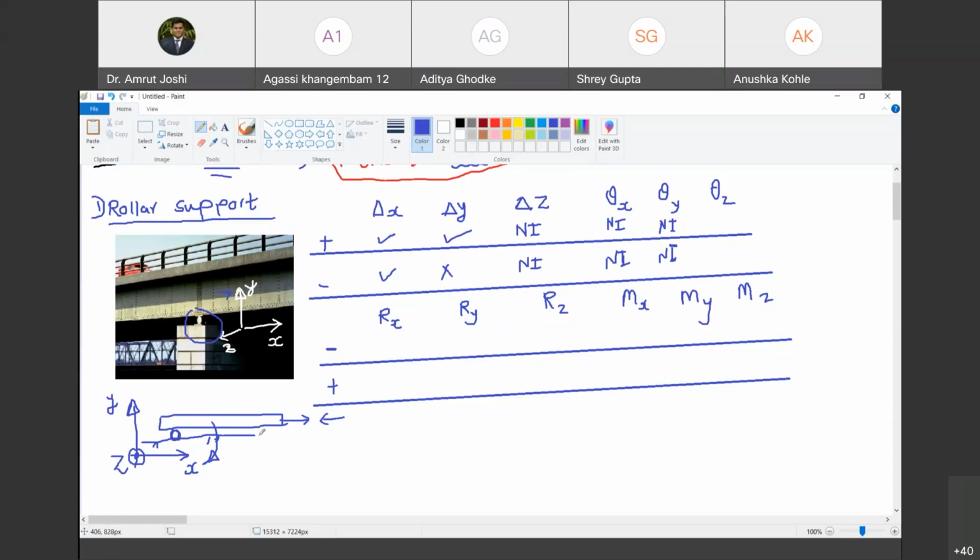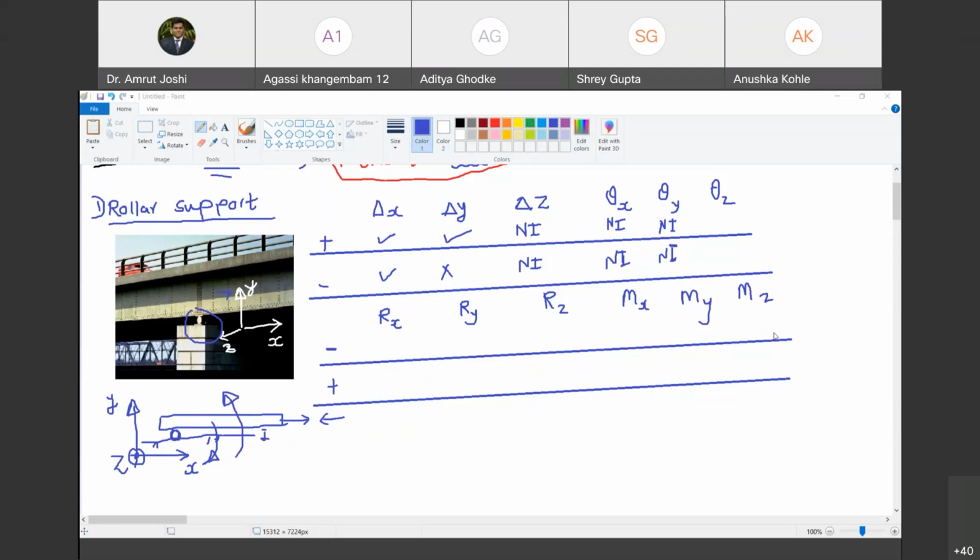Yes, it is possible. Forget about this gap and everything. Imagine that the gap is sufficiently large. So is it possible to rotate this notebook about that roller support, about the Z axis? Yes, sir. What can you say about positive and negative rotations? Can I rotate it in an anti-clockwise direction also freely? Yes, sir.